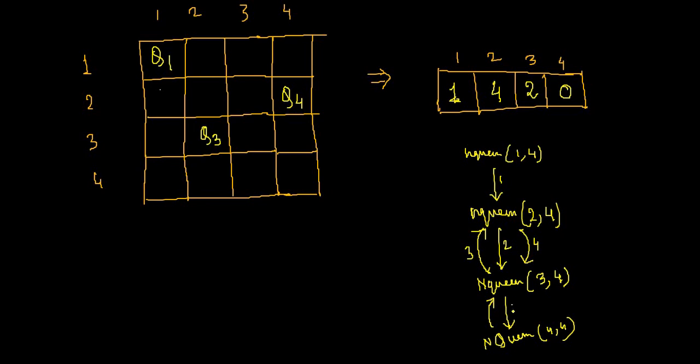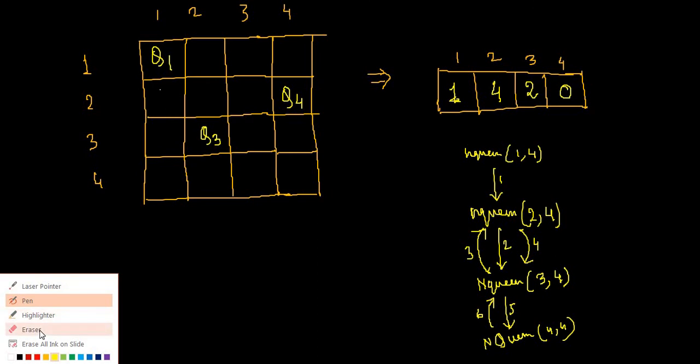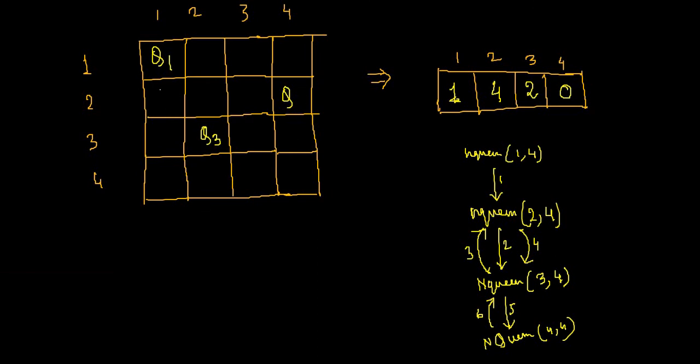So let's number it. Now see, as of now the king has not found a place for queen 4, and the king has gone back to queen 3, and is trying to find out if there are any other safe places for keeping queen 3 in the other column. But what will happen? Okay, I have a mistake over here. Unfortunately, I have written queen 4 over here. It should be queen 2.